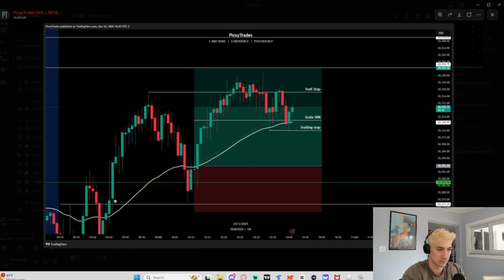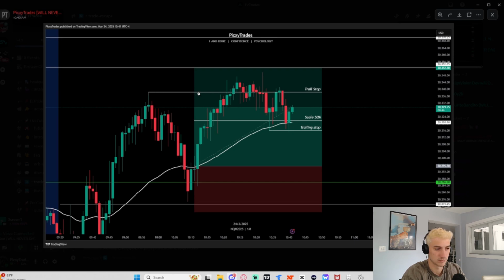Stop loss being the candle that broke through the pre-market high. So the wick of this candle right here, this big green candle. I took half off at a 1-to-1 just to get that realized profit. And it would also make it that if the rest of my position gets stopped out, it is still a break-even trade. I told chat that I was going to trail stop loss once we hit high of day, because